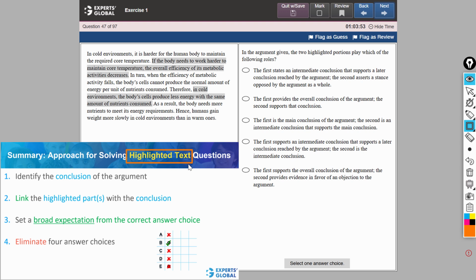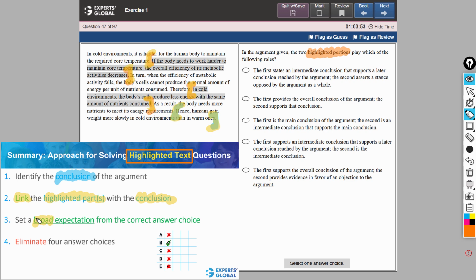We spot that this is a highlighted text question. The conclusion of the argument is this last sentence here. Now let's link the highlighted parts with the conclusion. Broadly speaking, the first part is something that supports the conclusion, and the second part is also something that supports